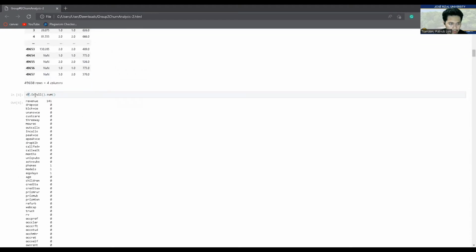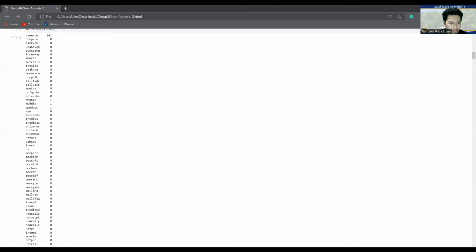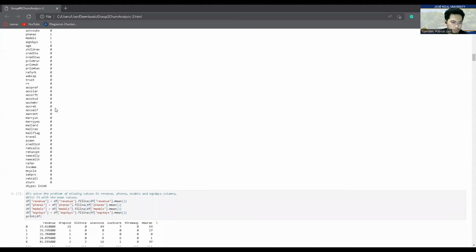So let's proceed to the null values. It shows that there are 141 null values in our revenue column. And for phone models and EQP days, there is one null value in each column.